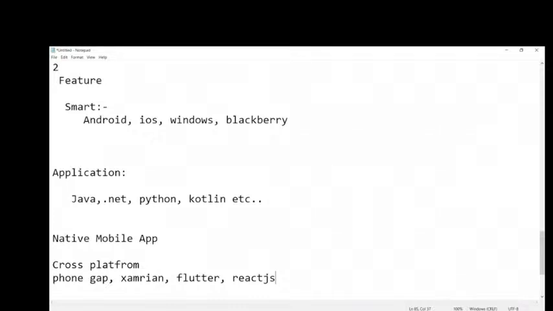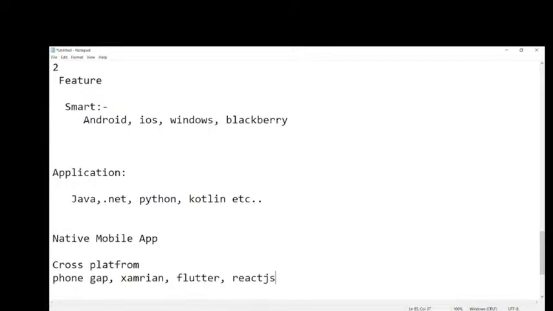So this is about mobile app development. Finally, I want to summarize today's session. We discussed the Android definition words: open source, operating system, Linux kernel, and development environment.